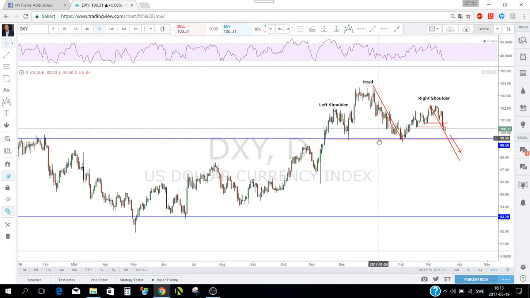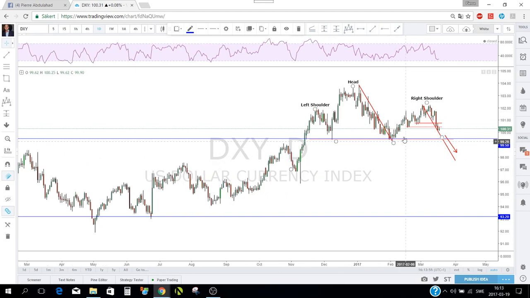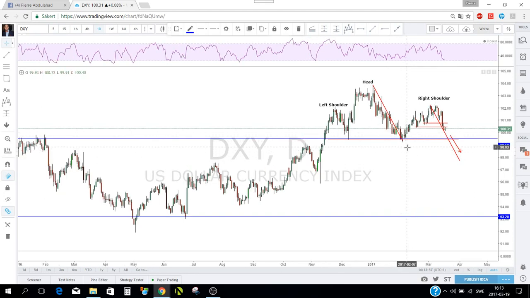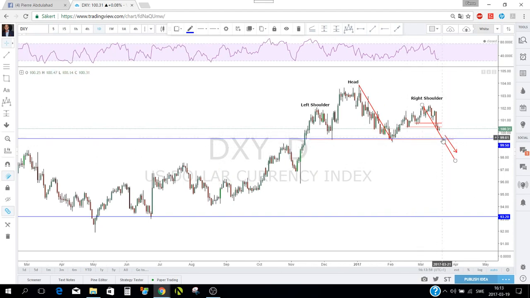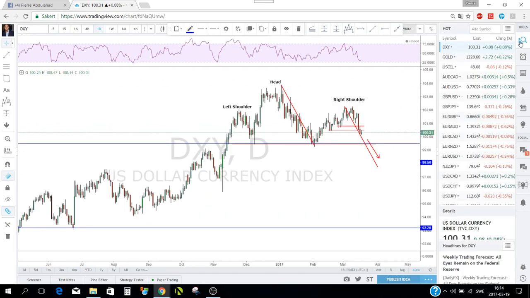But at first we need to clear this level, the 99.5, yeah. So far all we have to do is look at this level and see how price action will be there, yeah. That is what I had about the